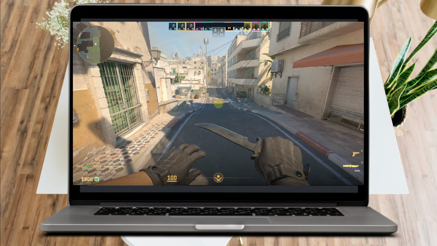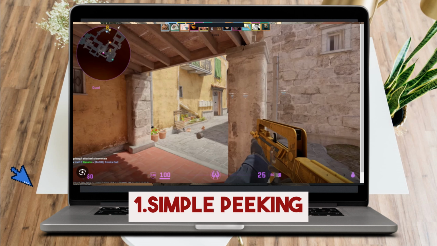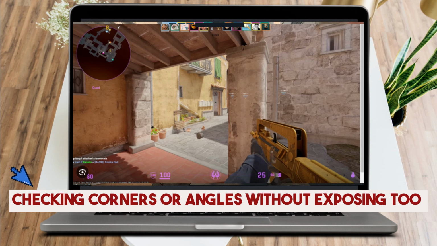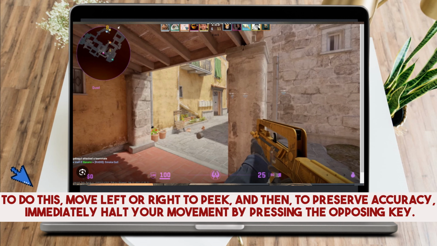First, we have what we call the basic peeking method, or the simple peeking. Techniques for peeking are a crucial component of your movement toolkit. You should be proficient in the following three types of peek. So what I mentioned, number one is simple peeking. Checking corners or angles without exposing too much of your body to potential danger is known as basic peeking. To do this, move left or right to peek, and then to preserve accuracy, immediately halt your movement by pressing